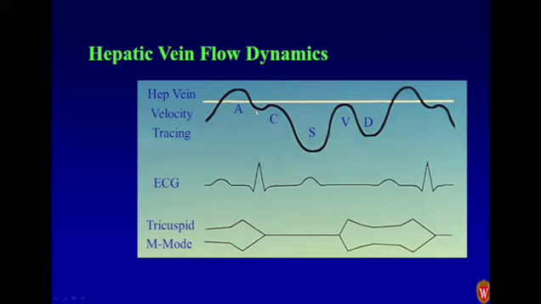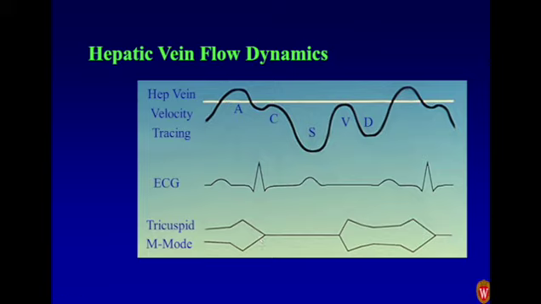It'll start filling the empty chamber. But before it gets very far, we get to the QRS complex on the EKG. That causes the right ventricle to contract. Now, that's a much more powerful muscle than the atrium, and so it will slam the tricuspid valve closed, and it'll actually push back on that annulus that's holding the